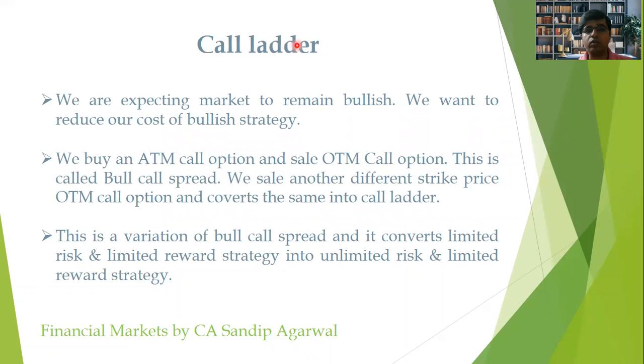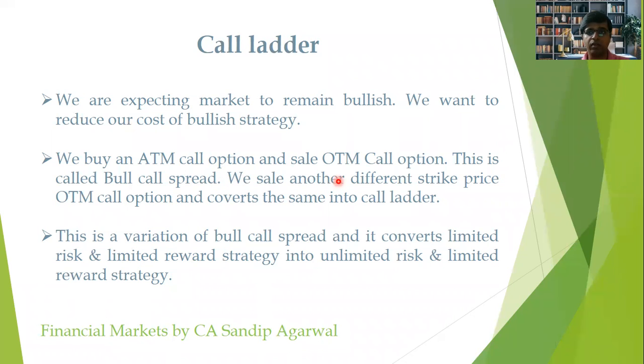Now we move to strategy number 3, call ladder. Again, this strategy is a variation of the bull call spread only. In this case also the person expects the market to remain bullish, and at the same point of time he wants to reduce the cost of the strategy which he will apply in the bullish scenario. So in this case also the person buys an ATM call option and sells an OTM call option. This is called bull call spread. And in order to convert this bull call spread into a call ladder, the person sells another call option